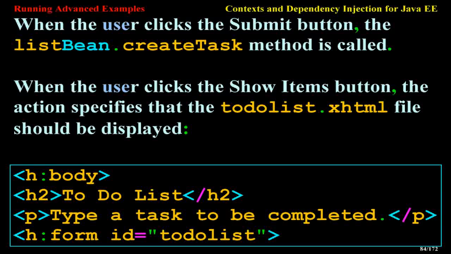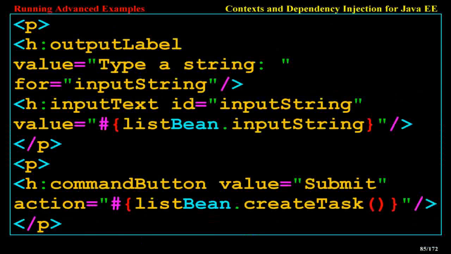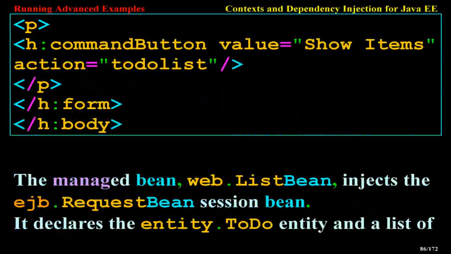When the user clicks the show items button, the action specifies that the todolist.xhtml file should be displayed. <h:body> <h2>To-do list</h2> <p>Type a task to be completed.</p> <h:form id="todolist"> <p><h:outputLabel value="Type a string: " for="inputString"/> <h:inputText id="inputString" value="#{listBean.inputString}"/></p> <p><h:commandButton value="Submit" action="#{listBean.createTask}"/></p> <p><h:commandButton value="Show Items" action="todolist"/></p> </h:form> </h:body>